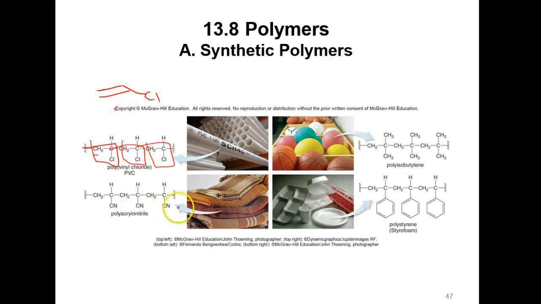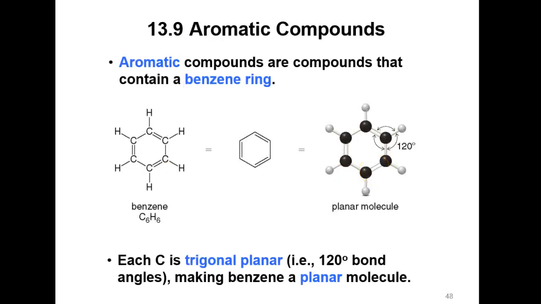Polyacrylonitrile has a nitrile group. Here's polystyrene. Polyisobutylene. So there you go, those are polymers. We will stop there, and we will talk about aromatic compounds when we come